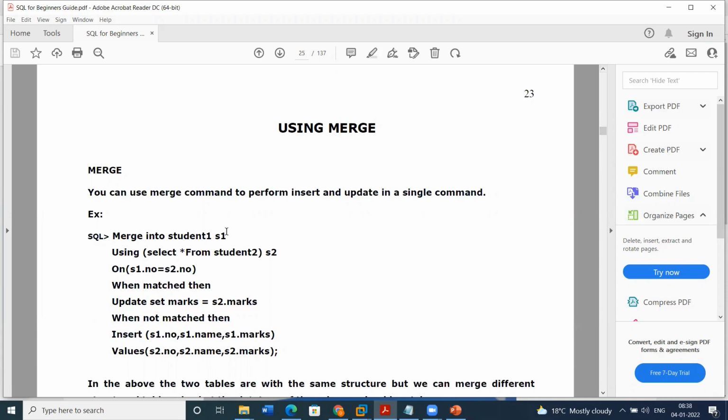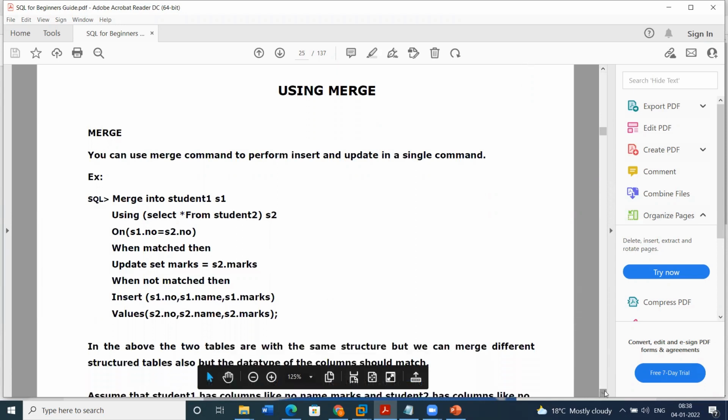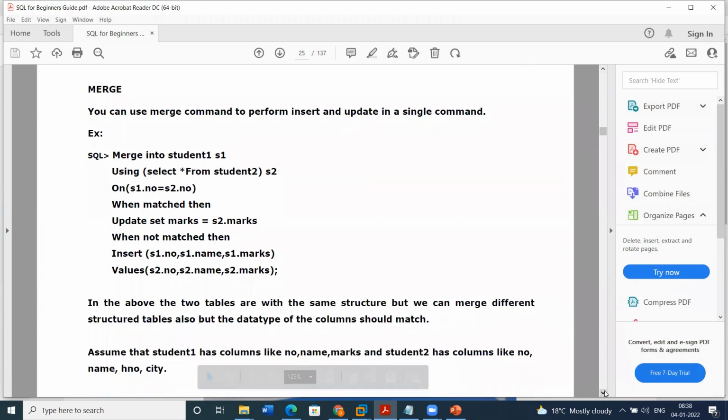Okay, so I have table student 1 as S1 and student as S2. If S1 is equal to S2, then update S marks for this S1 from S2. Okay. So now let's check this. Let's execute this. So here we are merging these 2 tables, student 1 table and student table, on a particular column. Whenever data is matched, we are updating the marks in the student 1 table. And when it is not matched, we need to insert these new records. Okay. So here now let's execute this.